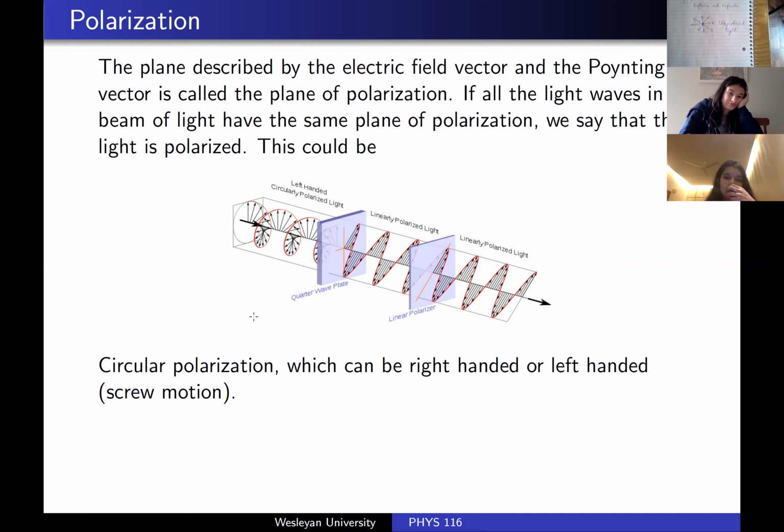You can have it rotating clockwise or counterclockwise, and we tend to call it left-handed circular polarization or right-handed circular polarization. Now, if you send that through a linear polarizer, that will just convert it into linearly polarized light. So is it, before it's circularly polarized, is it rotating both